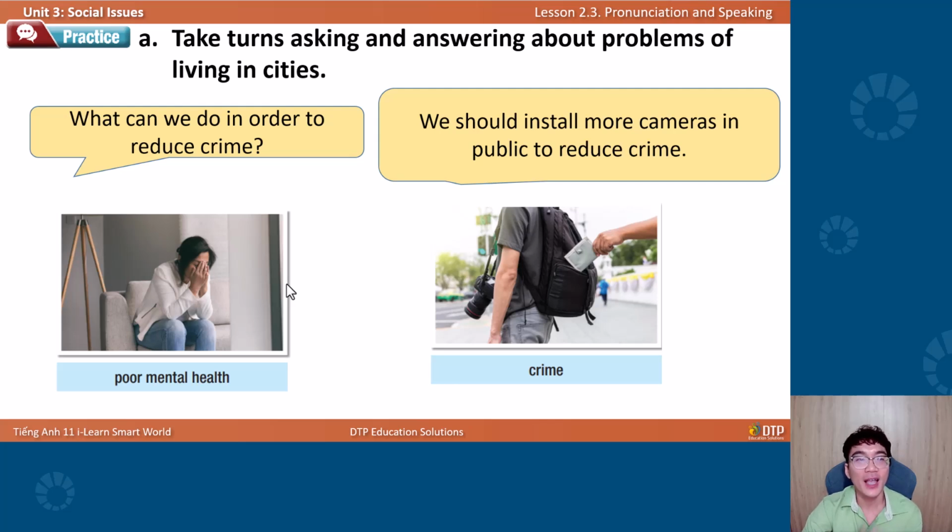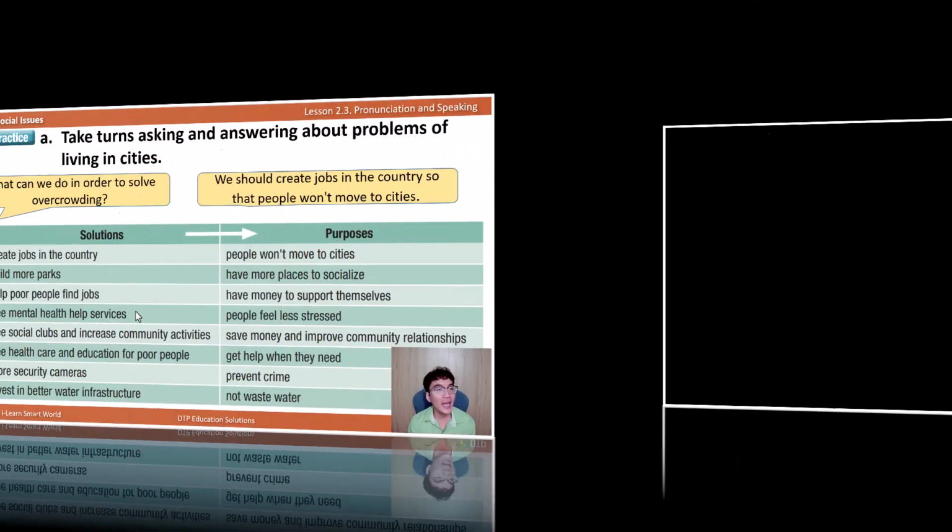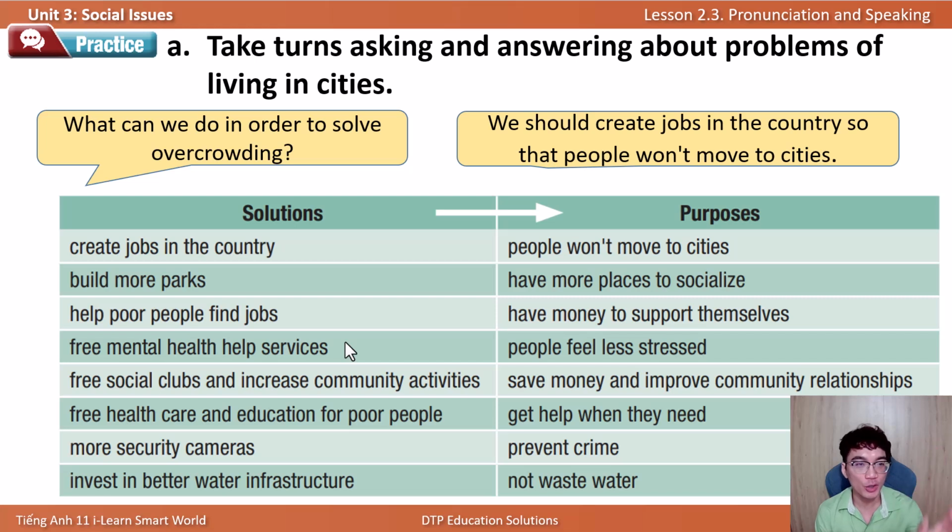Now I ask first, what can we do in order to reduce crime? Now answer, please. Now you ask me first. Remember the weak form. We should install more cameras in public to reduce crime. Okay, take a look at this table. You can see solutions and purposes. Now please choose the ideas from the table in order to ask and answer questions about problems of living in